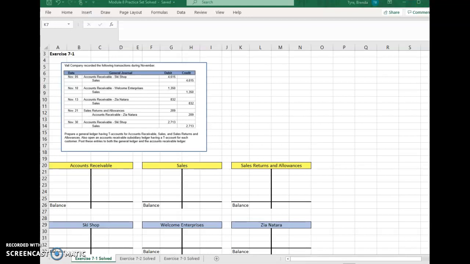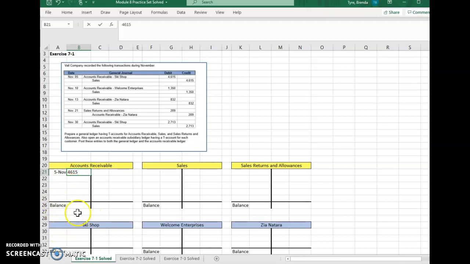In exercise 7.1, we're given the transactions that were recorded during the month of November by Vail Company. We are to post those to our general ledger accounts. Those are the ones highlighted in yellow: accounts receivable, sales, sales returns and allowances, and to the subsidiary accounts, the individual customer accounts: Ski Shop, Welcome Enterprises, and Zia Natera. So let's start with the first one. On November 5th, we debit the accounts receivable for $46.15,